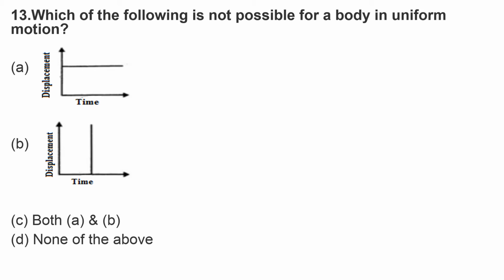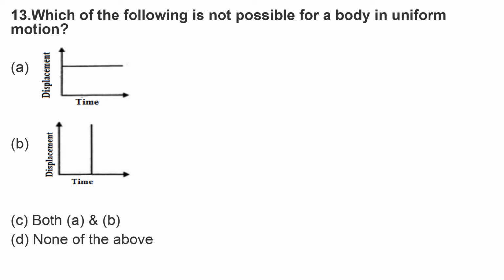Here the question is, which of the following is not possible for a body in uniform motion? When an object is in motion, there should be a change in position. But in the first graph, the position does not change, meaning displacement does not change with time, so this is not possible. And in the second option, also